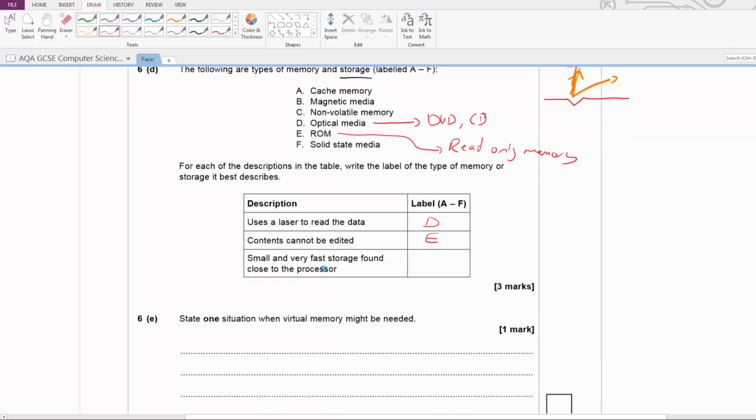Small and very fast storage found close to the processor. This is cache memory. So cache memory is, like it says, a small and very fast storage found close to the processor. This is called CPU cache in particular, but you can also have cache like browser cache. So your browser, Firefox or Google Chrome, will have a cache for loading frequently accessed websites like Google and YouTube, and they'll load a lot faster because they're stored in this very fast cache. Another question to do with cache might be, what kind of data does it store? Well, it stores things that are frequently accessed. So for the CPU, instructions that are frequently accessed,